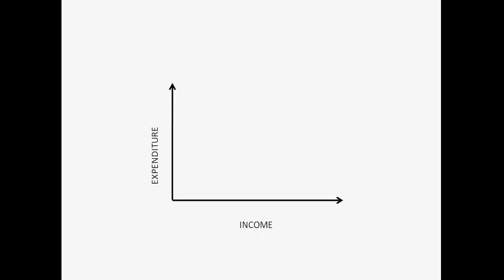We draw a graph. We draw the x-axis, we draw the y-axis. On the x-axis we take the income, on the y-axis we take the expenditure. In order to get the equilibrium point, we need to get the total income and total expenditure curves. The total income curve will be a curve whose slope is equal to 1 and it will form a 45-degree angle. So this is the total income curve, which is equal to saving plus taxes plus imports.